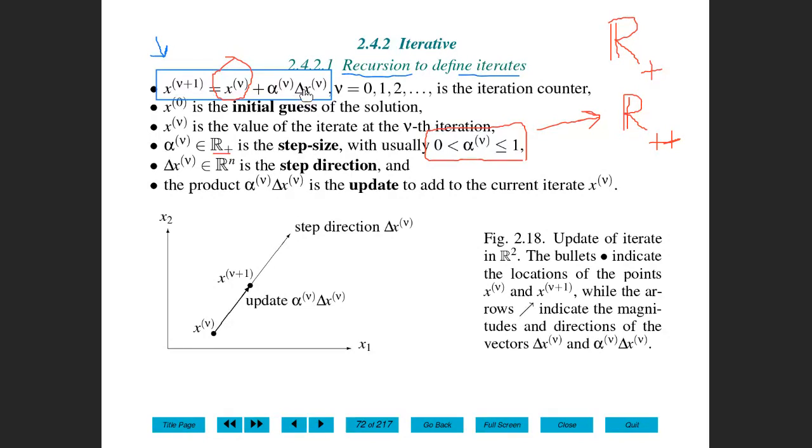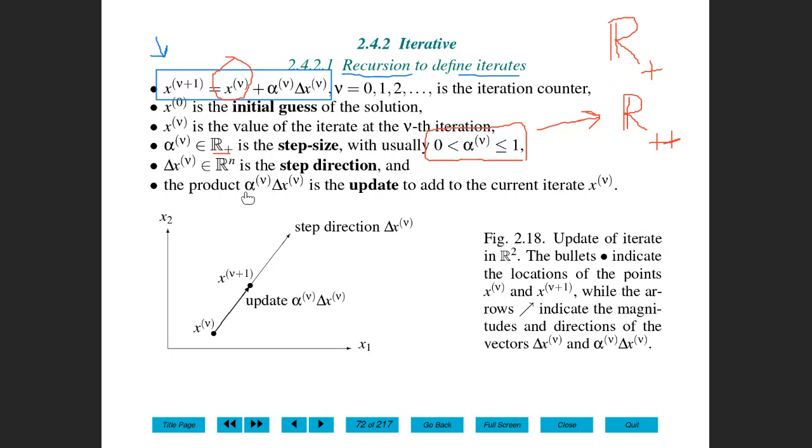So if delta x is positive, that means the value would increase, maybe by 0.5, 0.2, right? If let's say alpha is 1 and delta x is 0.5, that means we will increase the value. But if alpha is 1 and delta x is minus 0.5, then the value will decrease. So this just tells us that the value would increase or decrease. Okay, then